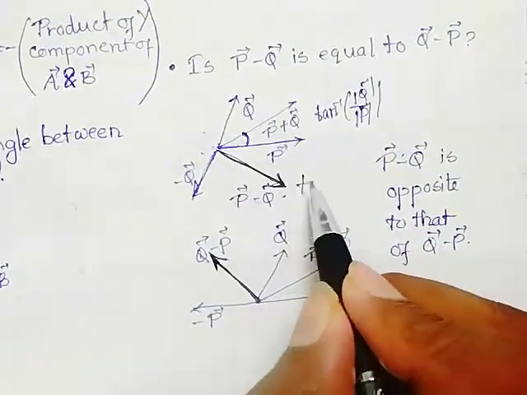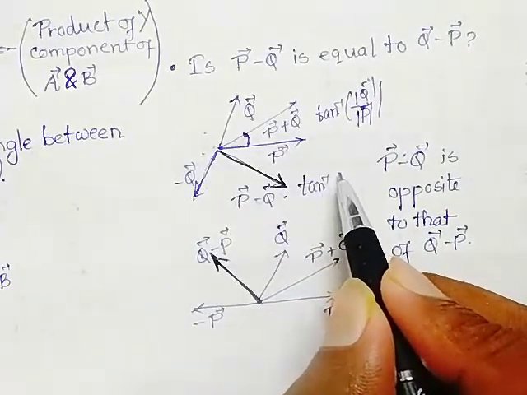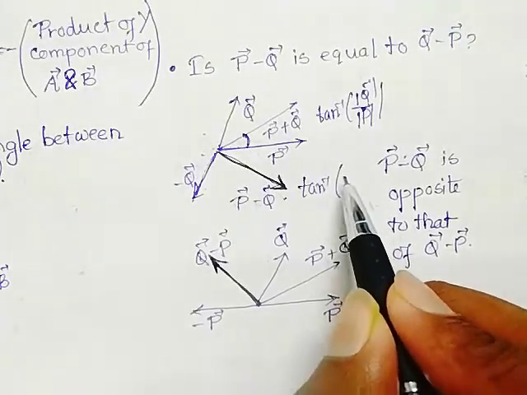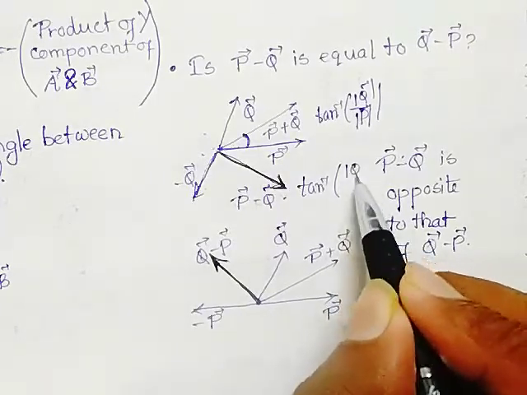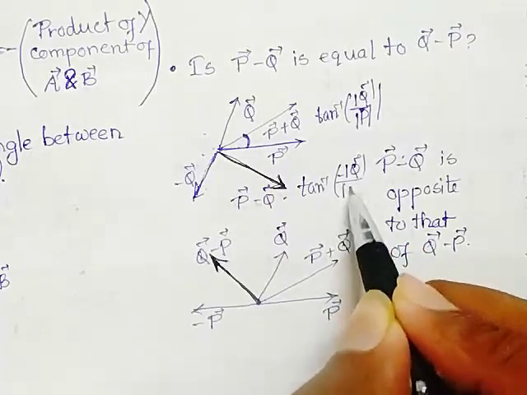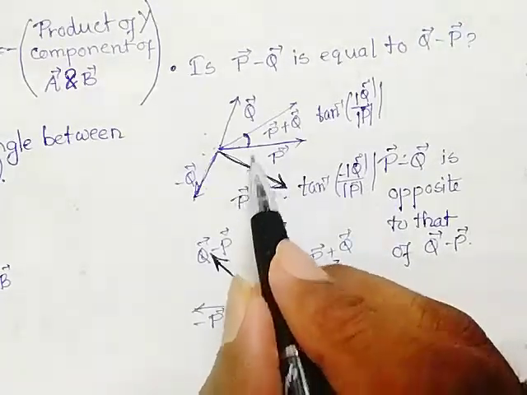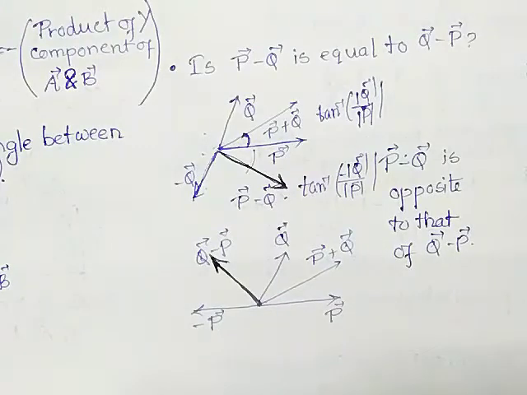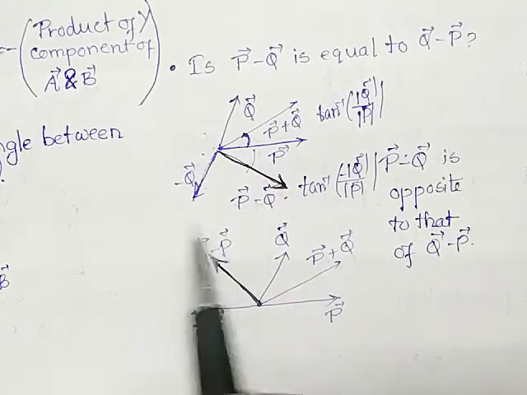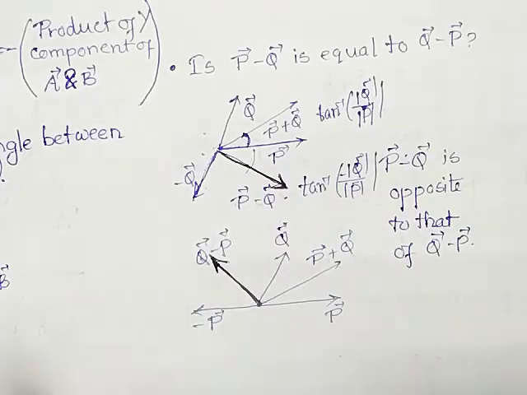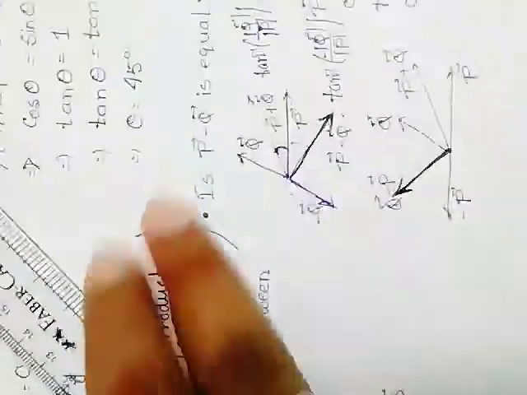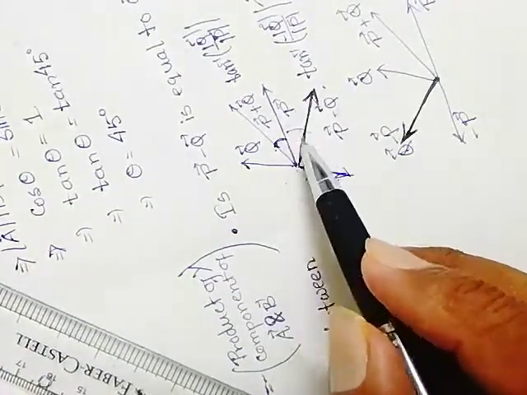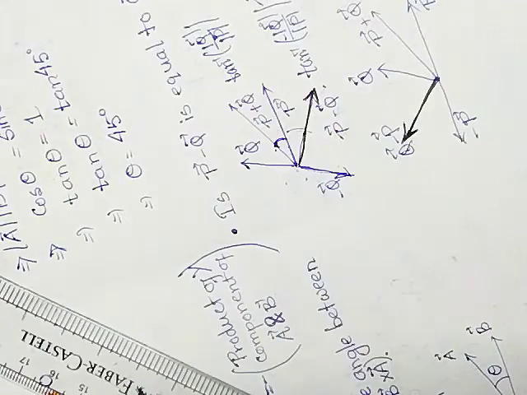Similarly, in this case, if I want to write down, then you just see that in this case also it will be Q, there is a minus sign, magnitude of P, that will be minus 45 degrees. So 45 degrees minus 45 degrees, in total 90 degrees. Okay, and if I try to rotate it this way, just see these two angles, the angle between the P plus Q vector is 90 degrees.